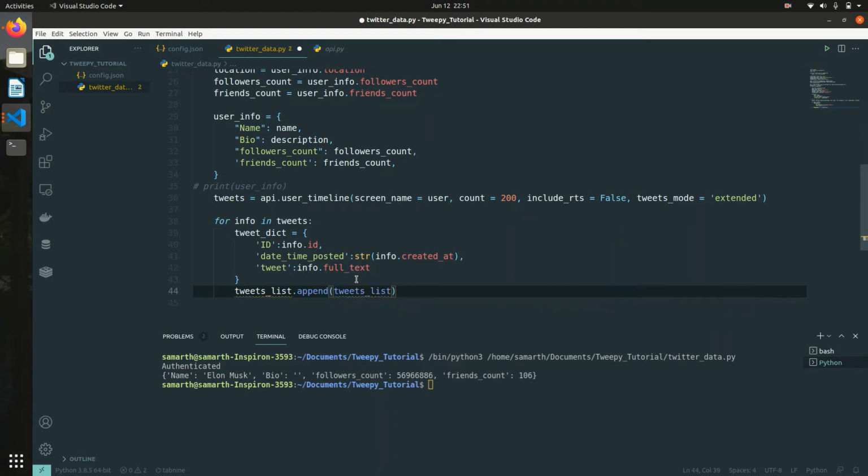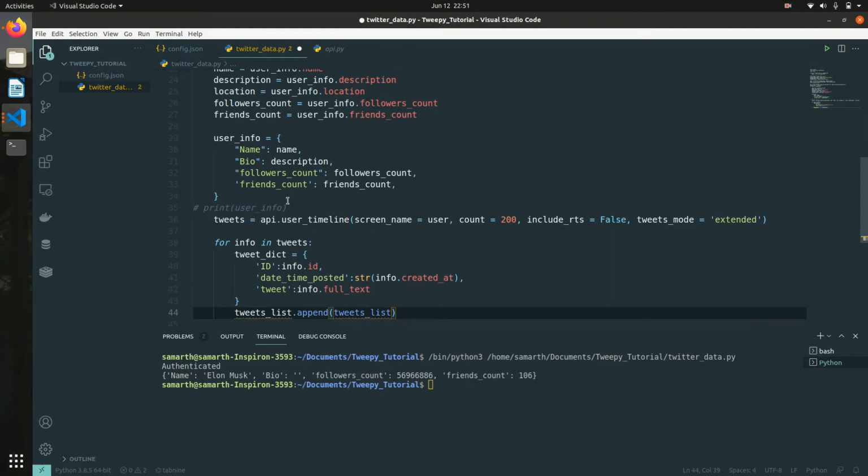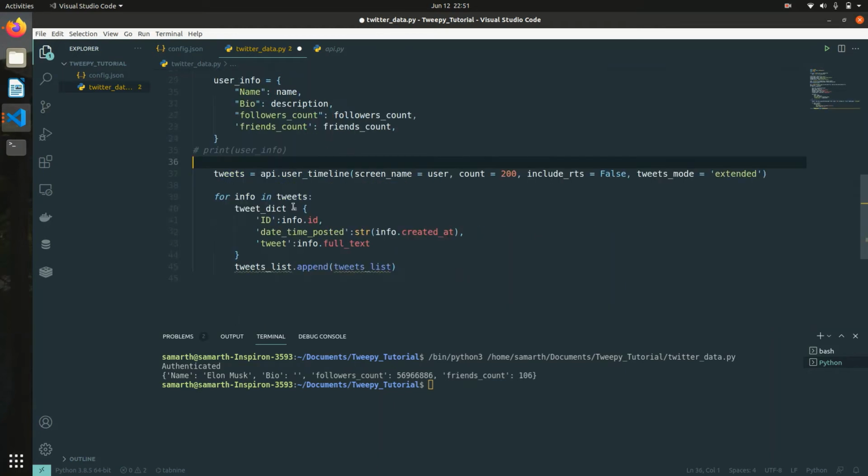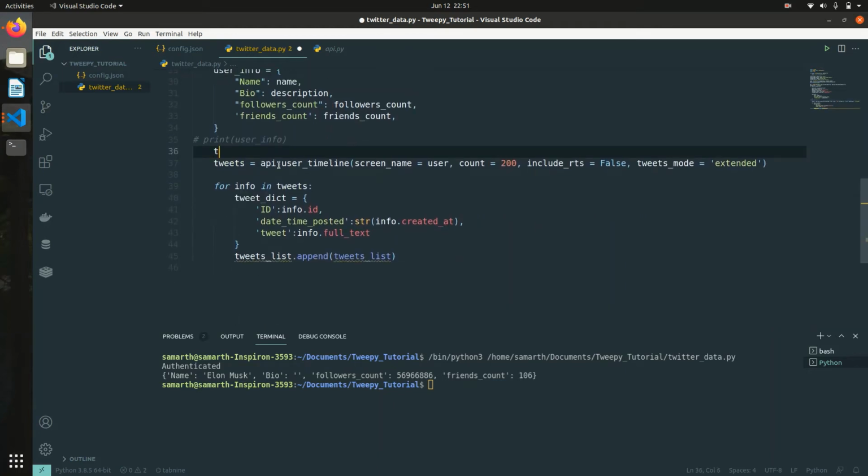Okay, yeah, so first we will specify the tweets list. I am taking this tweets list in which I am storing this tweet dictionary, right? Okay,